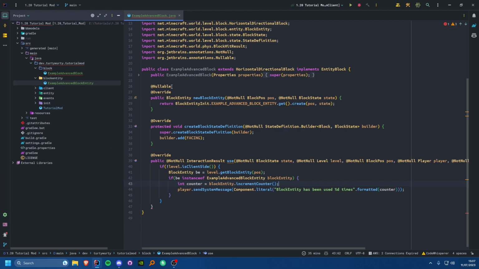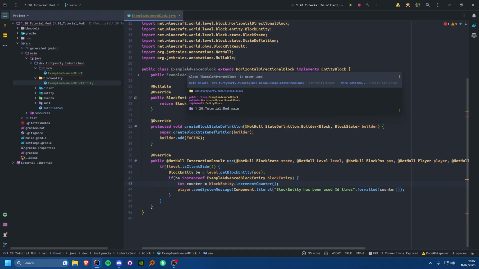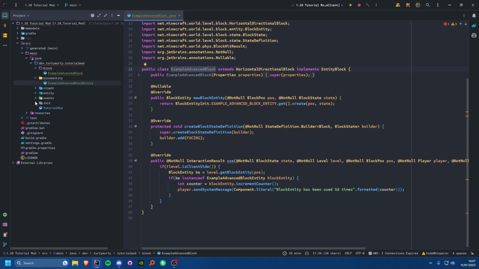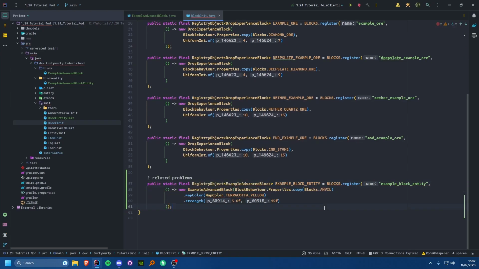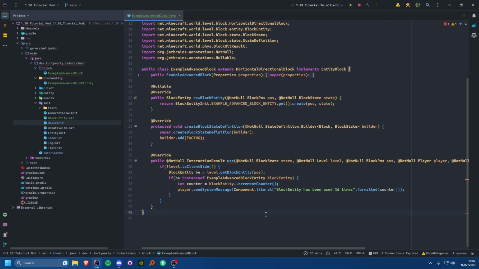We do just need to do the very important thing. If you notice at the top of our class here, it says this class is not ever used. So we do just need to come into ModBlocks and make sure we're using that instead of the Block class. So if we just put that in there and give that a save, that should all work. We do, however, need to actually return something in this use method, and we need to return an InteractionResult.